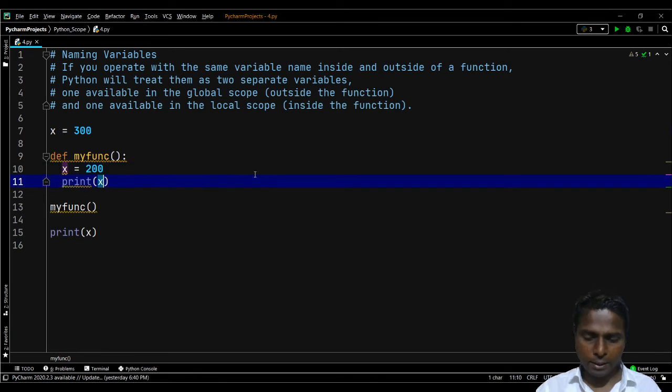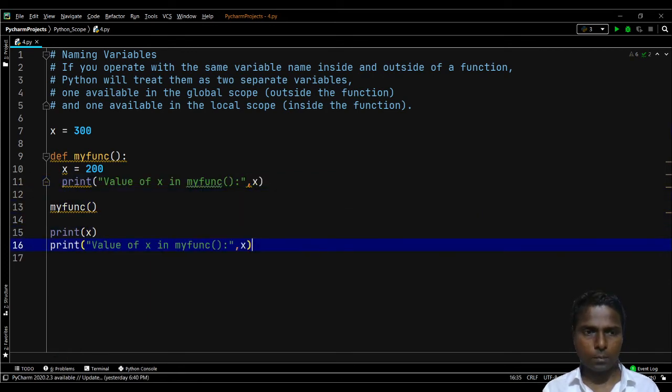To understand this properly, I will write a message in double quotes. I will mention value of x in myfunc function, and the same statement I will copy and paste over here, and change the message to Python main script.